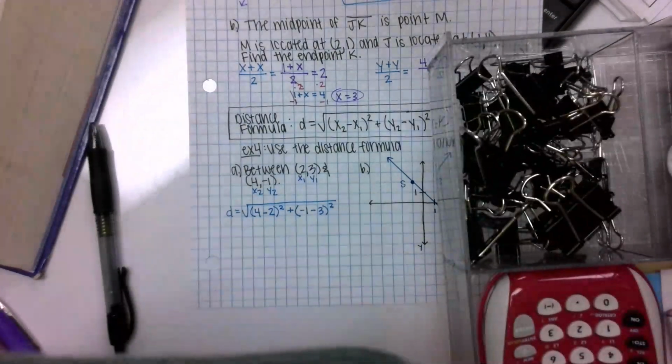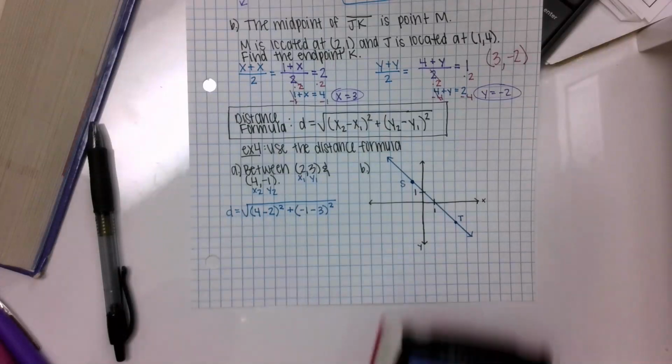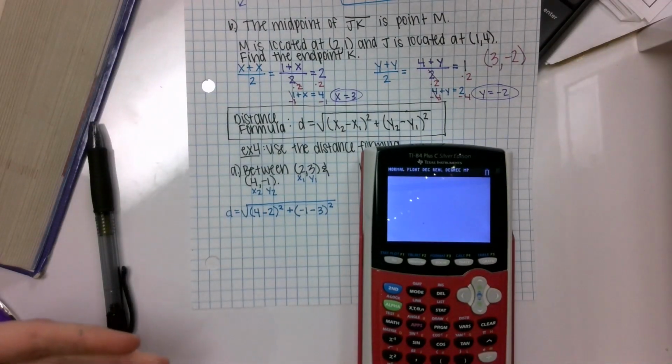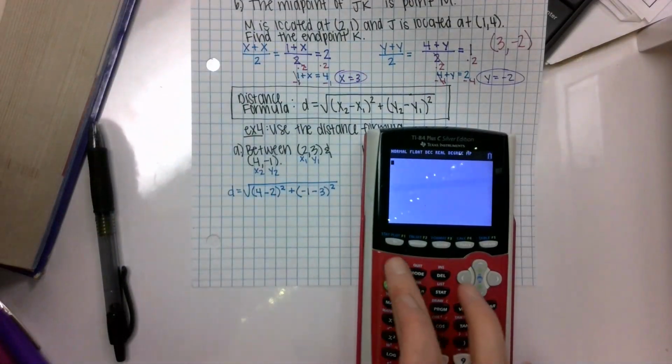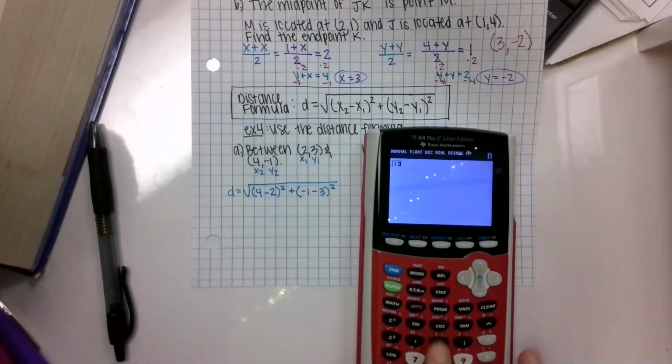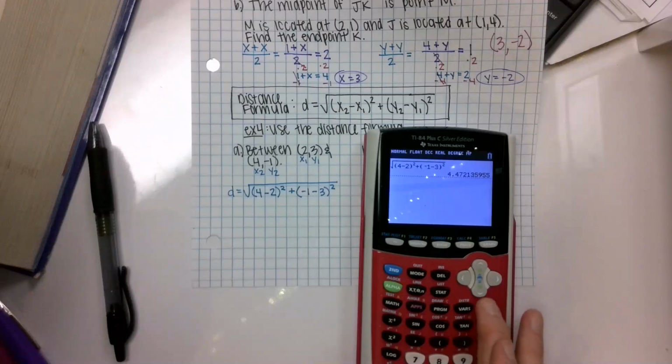I would strongly recommend that you do this piece by piece, because we don't really have a lot of experience using these calculators. Some of us just mess up. So I can type this entire thing into my calculator, which I personally do because it's easy. I don't mess up. I take a moment before I hit equals, I check to make sure I didn't leave anything off, I didn't forget to square it, I didn't forget a plus or a minus, and I can get my answer. If you can't do that because you keep messing it up every time, then what I would do is